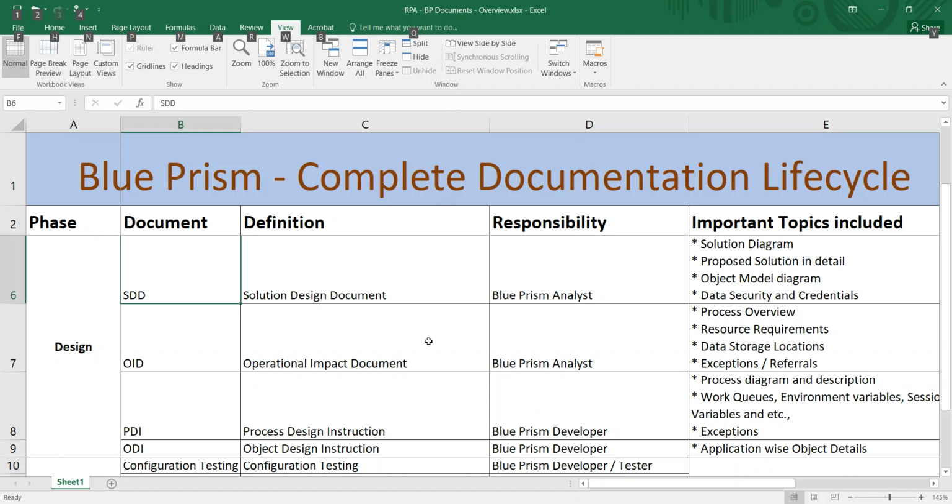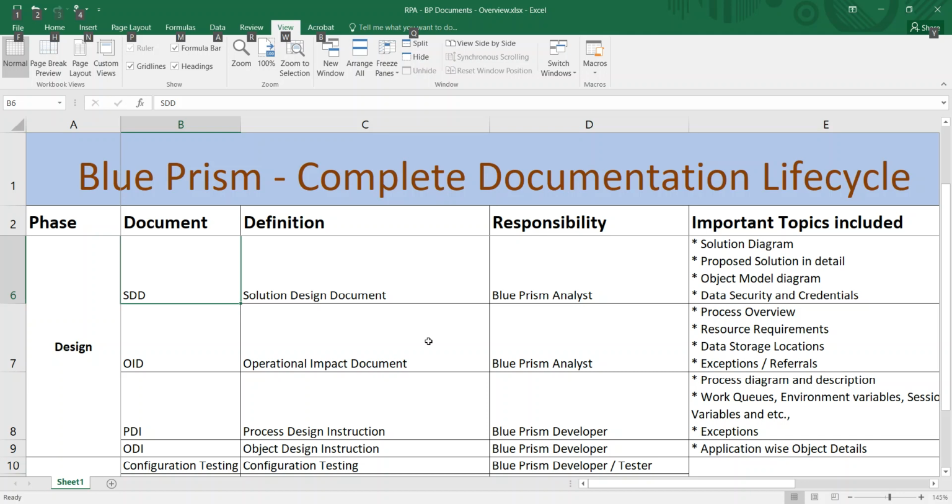This document will contain the solution diagram, showing how the existing manual process has been automated. It also covers the proposed solution in detail, the object model diagram, data security, and the credentials. The PDD and SDD documents will be signed off by the business.